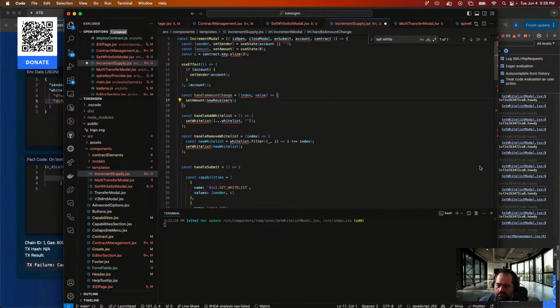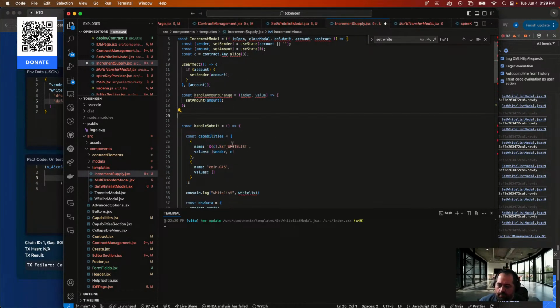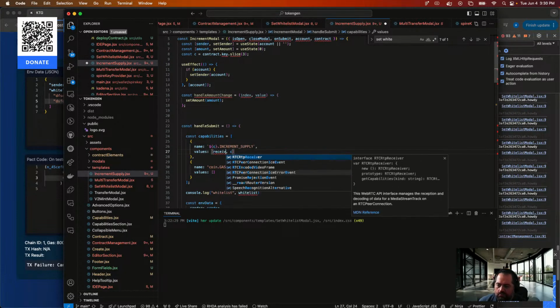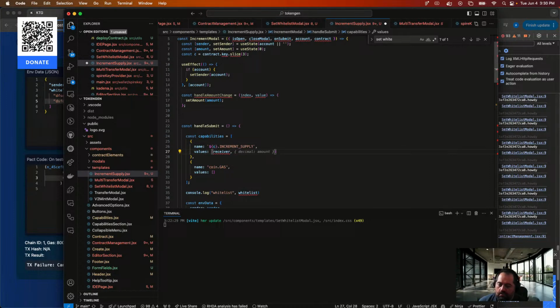simple amount. Handle add. So this would be your contract dot increment supply values. So we'll want to know who this is going to go to, and then decimal amount. So we'll need